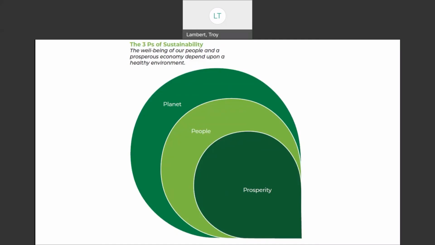What I do like about this model, though, with the nested figure, as opposed to the Venn diagram where it has everything equal, is that it does showcase that everything kind of ends and begins with the planet piece that kind of shapes everything else. And that indicates that we really are subject to the planetary boundaries that we exist within. And that is really step 1 when we're thinking about our actions today and our actions tomorrow.